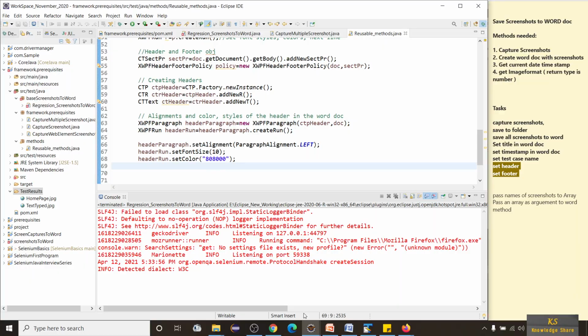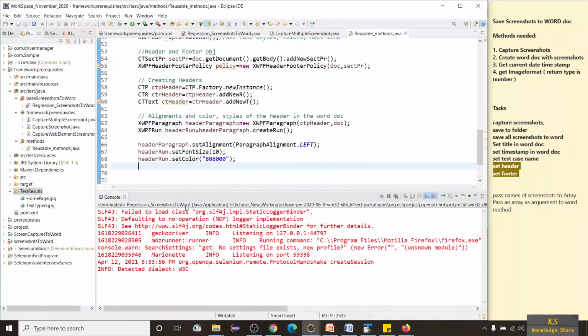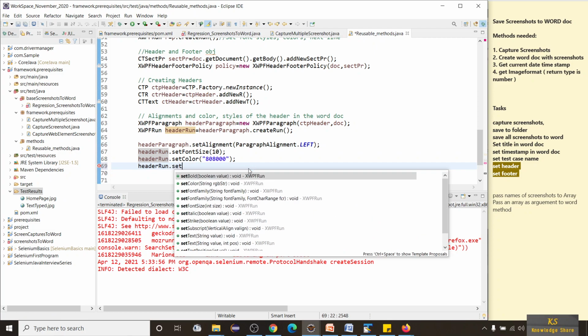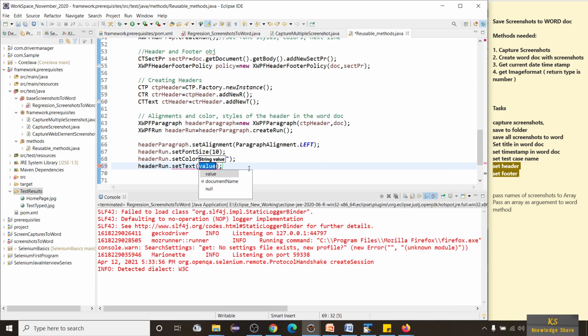Now I want to set the text. Regression test results screenshots. Let me put some text. Let me take again headerRun.setText, setText of, I'll call it Knowledge Share regression test results.